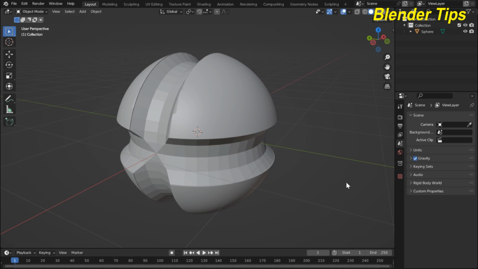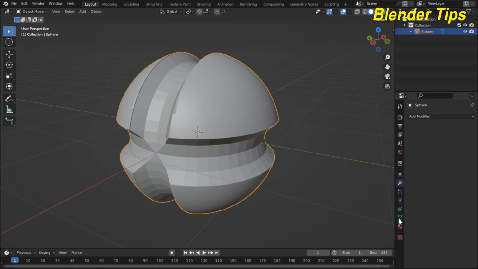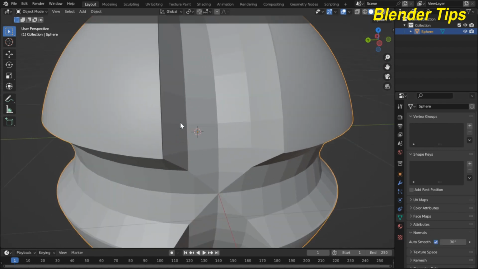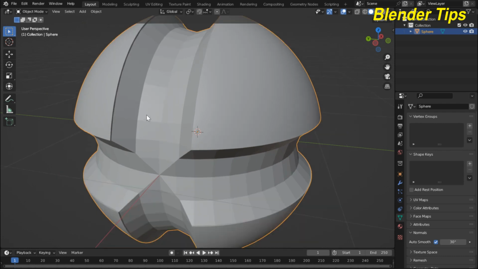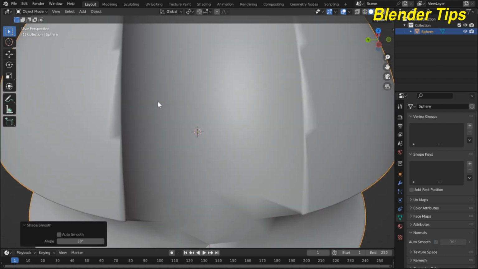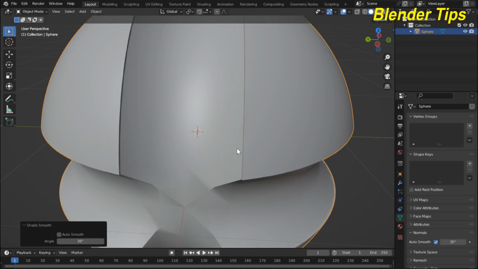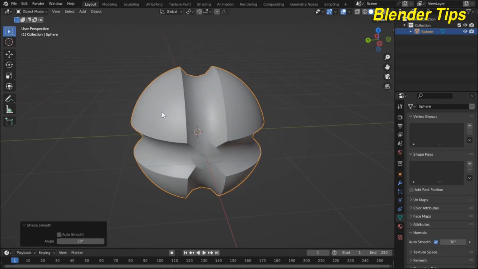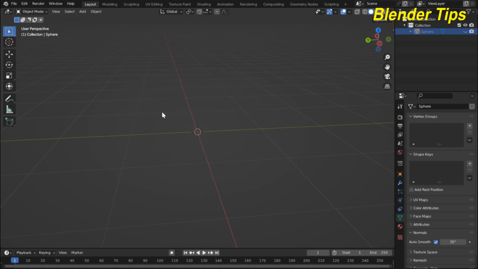To make it shade smooth, enter into the object data properties, and here I select auto smooth. Nice. Now it's looking very well. Now I hide this object and